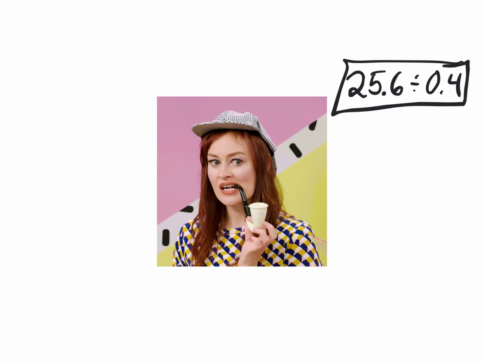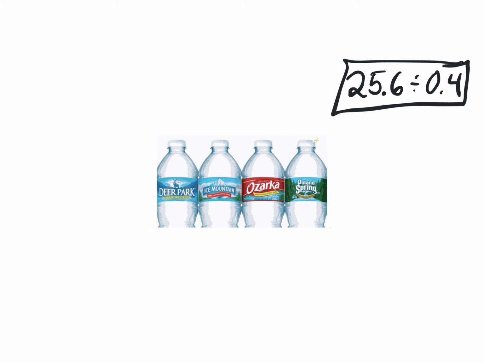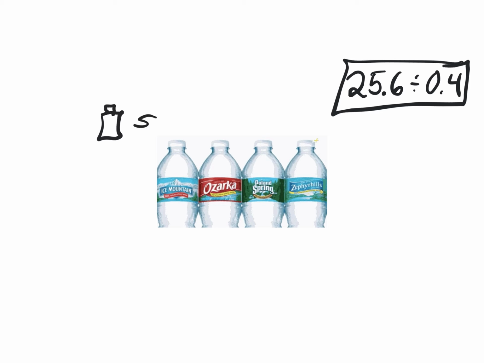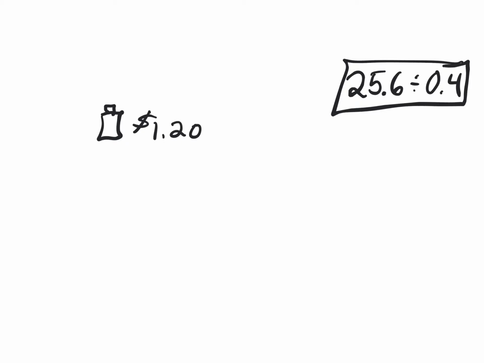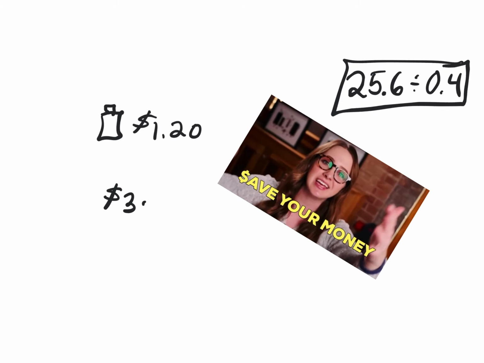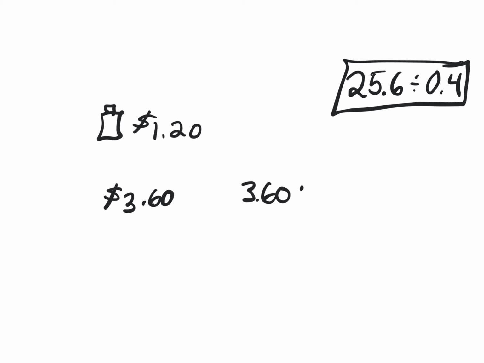But first, let's think about if we wanted to buy some bottles of water, and each bottle, draw my bottle of water here, each bottle costs $1.20. You go to the store with $3.60. So what's a quick way that you could figure out how many bottles of water you could buy? Well, we would want division. $3.60 divided by